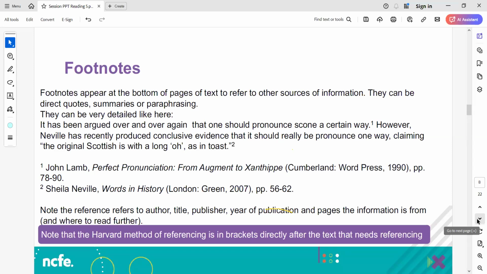It has been argued over and over again that one should pronounce scone in a certain way. And then you can see that little number 1 there. So that tells us that we need to look at footnote 1. John Lamb, Perfect Pronunciation from Augment to Xanthite, and it gives us all the details of the book, the publisher, when it was published, and where to find that information, the pages 78 to 90. So that is where the author has got this information from, that scone should be pronounced in a certain way,